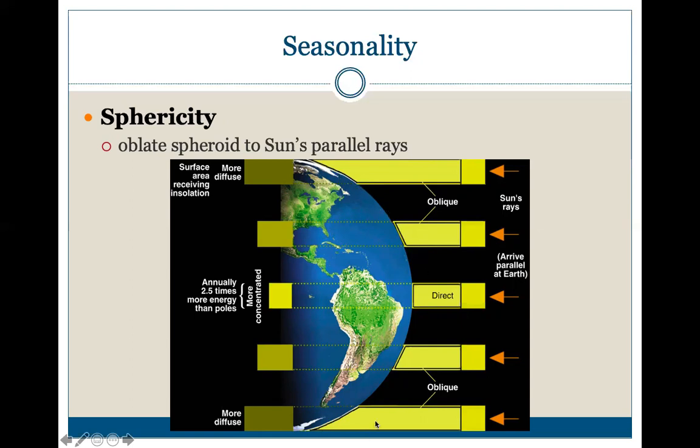Right? So these are oblique angles, not direct, like at the equator. If you had the shape of a cube, then it would be square here, and that would all just be direct. But because it's round, you've got this kind of wraparound of light,